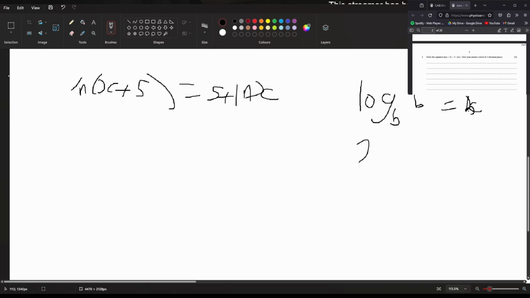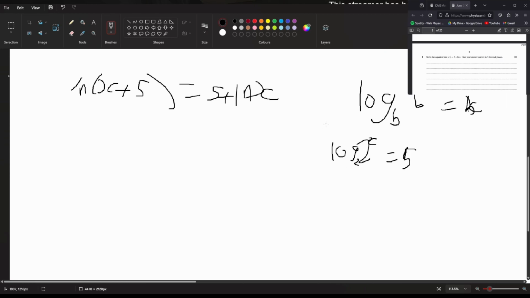Right. 2 to the power of x equals 5. You want to know what 2 to the power of x is? If you do log base 2, these will cancel out, because 2 to the power of x, when you want to know what,